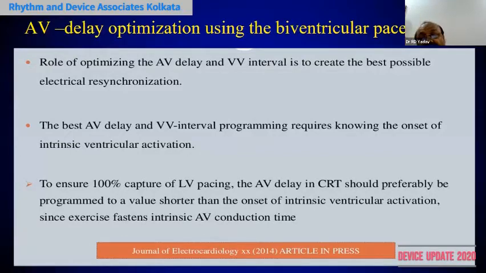So adequate threshold is also important, and the AV delay should be set in such a way that intrinsic conduction of the right bundle branch occurs. Or if the PR interval is more than 200, then you can pace the RV in such a way, or pre-excite the LV much earlier, because if you pre-excite from the epicardium, contraction is much slower as compared to the endocardium, and so you have to pre-excite to get better fusion of the ECG QRS.